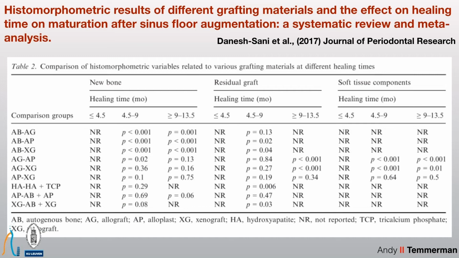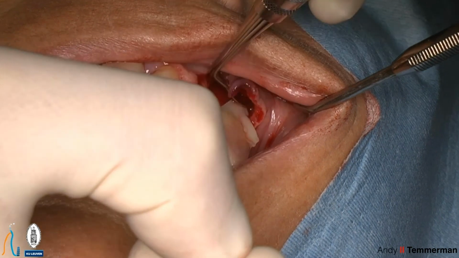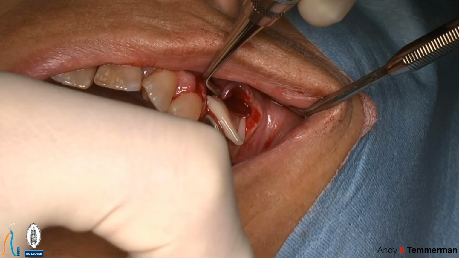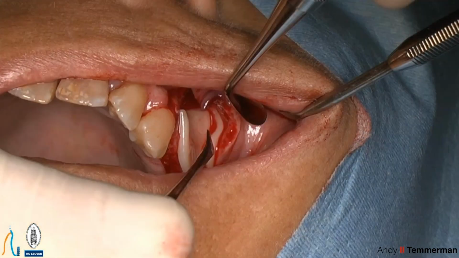Even combining autogenous bone with other xenografts brings no significant advantages when it comes to new bone formation, which is rejecting the hypothesis that autogenous bone might have a role in favoring new bone formation when it's added in sinus augmentation procedures. Now, the first paper that addressed the use of PRF during sinus floor elevation procedures is this one